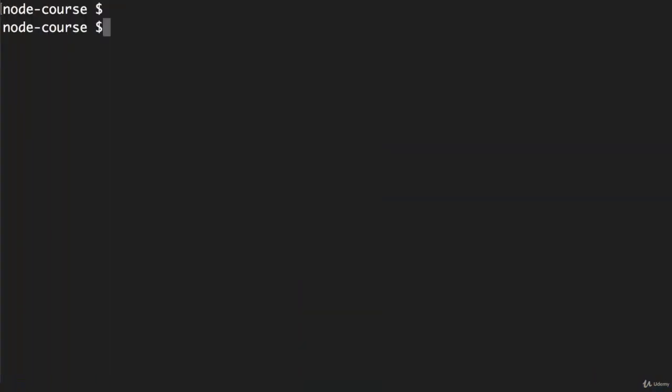All right, now I want you to create a new folder. Let's call this npm-demo. We're going to use this folder throughout this section. Now, let's go to this folder, npm-demo. Now, before you add any node packages to your application, you need to create a file that is called